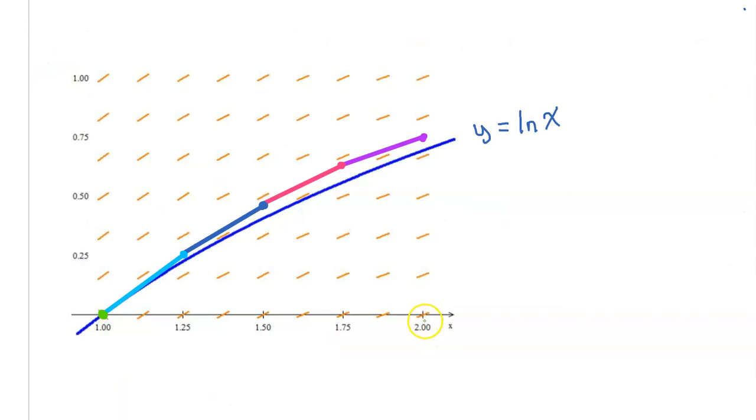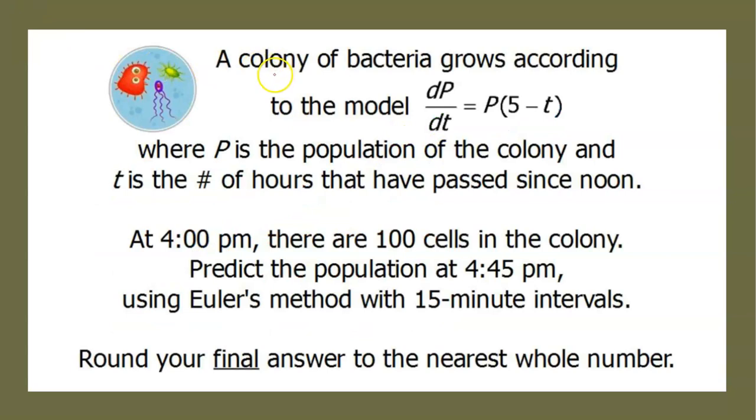At an x value of 2, the actual value of natural log is here, and our approximation landed here, so it's very close. A colony of bacteria grows according to the model dp/dt equals p times (5 minus t),